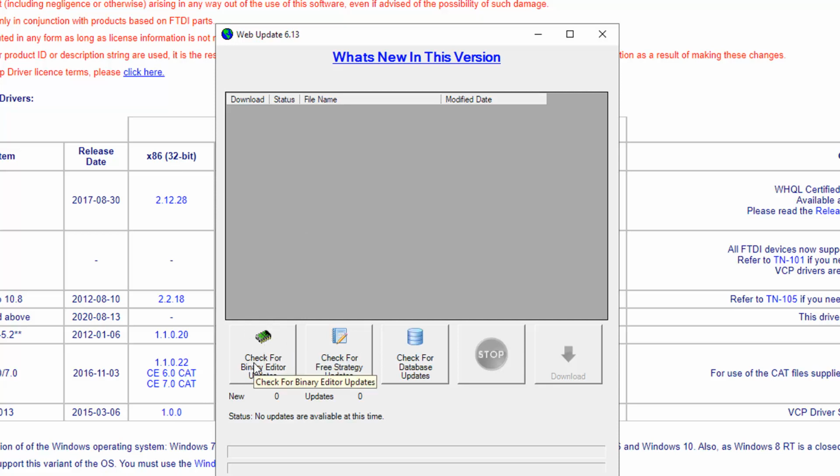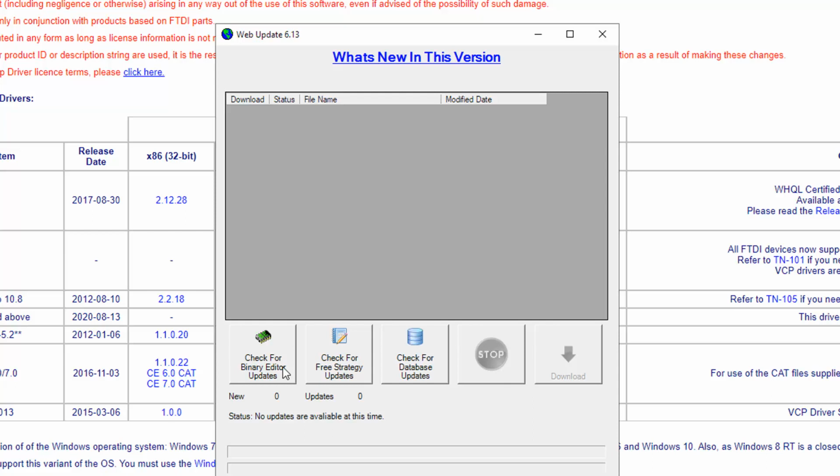This first option, check for Binary Editor updates, is looking for updates to the actual software. The developers are constantly in here changing stuff and making improvements and bug fixes and things like that. So it seems like every few weeks or so there's another update out. You'll also sometimes see in the software, before you even get to the screen, a little bar at the top that pops up and says, hey, it looks like there's some fresh updates, do you want to grab them now? You click on the bar and it'll go ahead and do that,